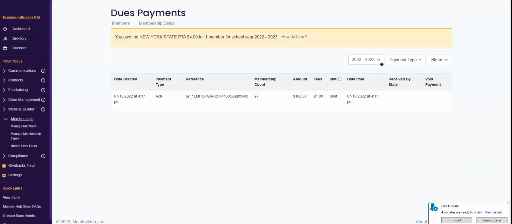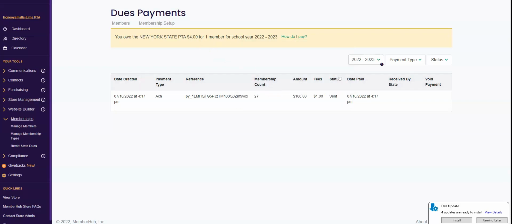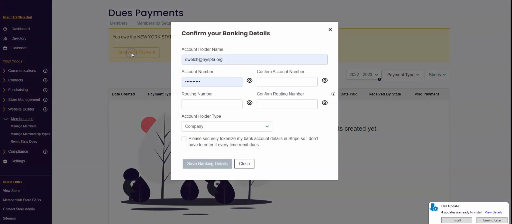I want to show you what it looks like if you're not. If you log in and you go to this page and you're not the current president or treasurer, you'll see it as "How do I pay?" If you click on that, it will tell you that in order to pay, you must be the current president or treasurer, okay? So if we go back to the test screen here, once you click on Send ACH Payment,